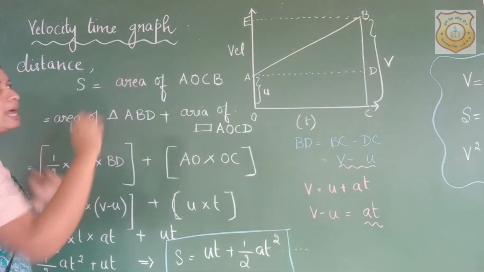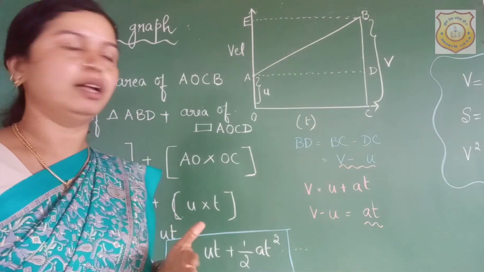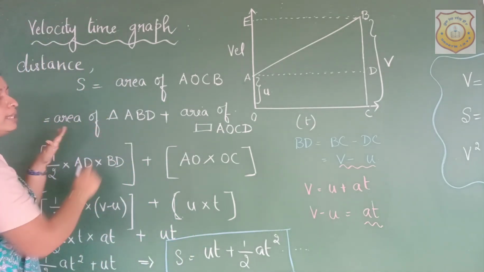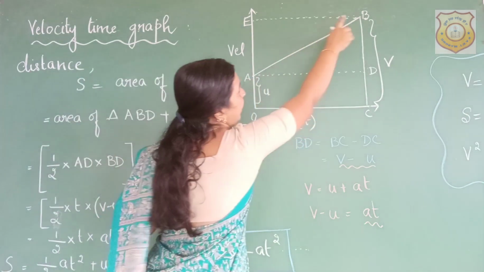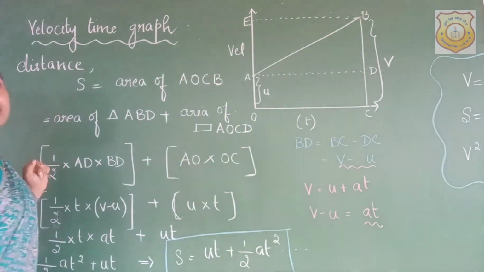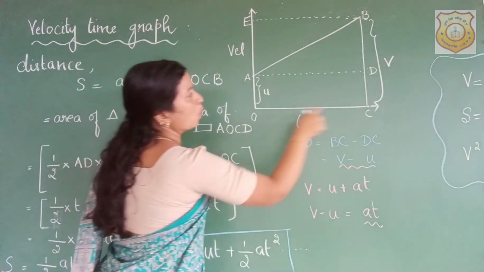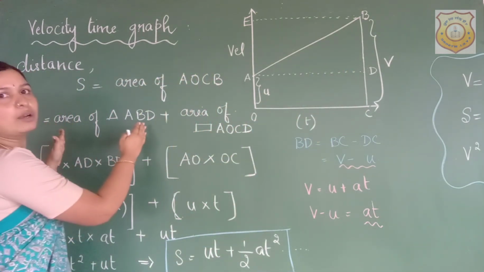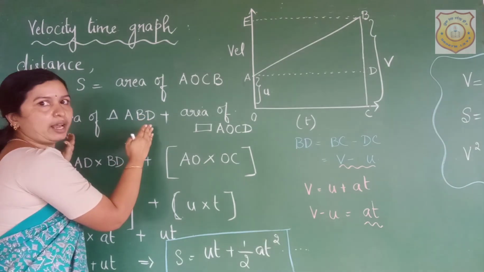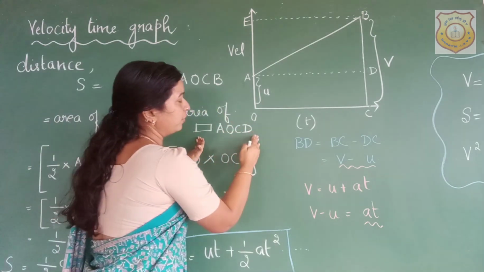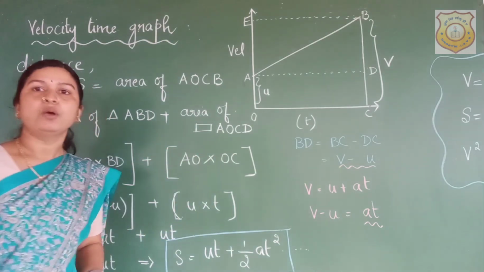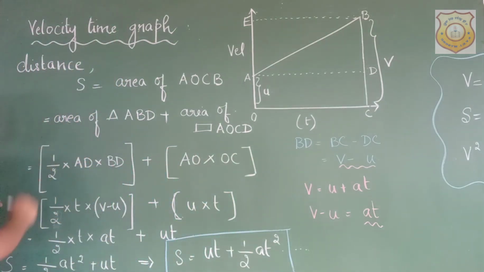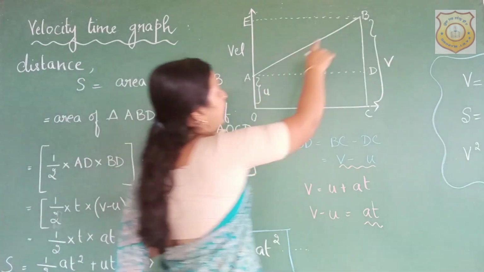So in case we are calculating the area of the entire figure, we can also calculate it by calculating the area of the triangle ABD and the rectangle AOCD. So while calculating the distance, first we are going to calculate the area of the triangle and the area of the rectangle, and we are going to add to calculate the total area. So if you see the triangle ABD,